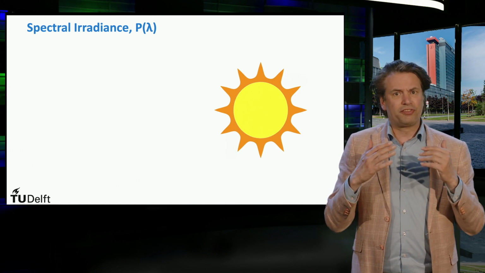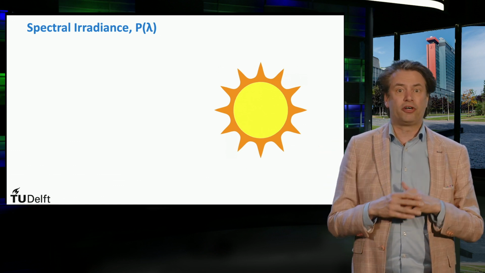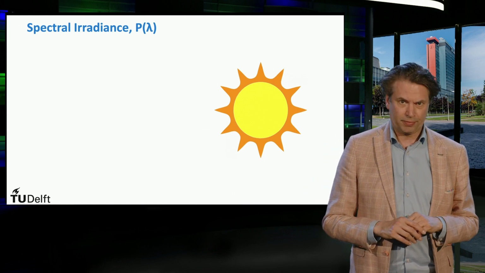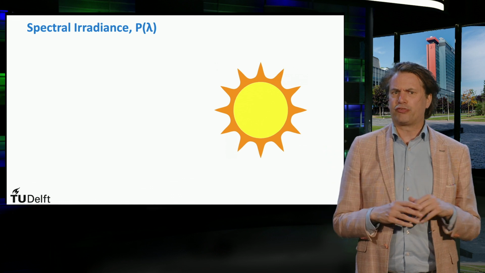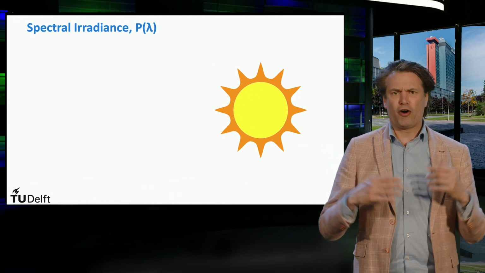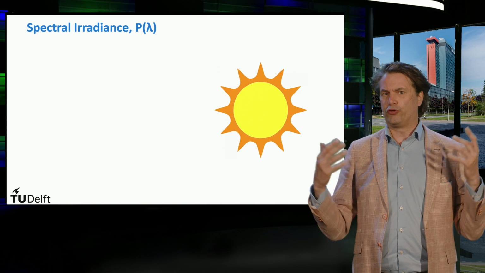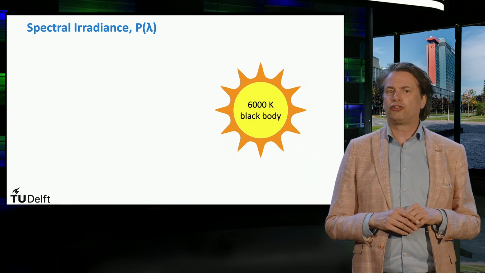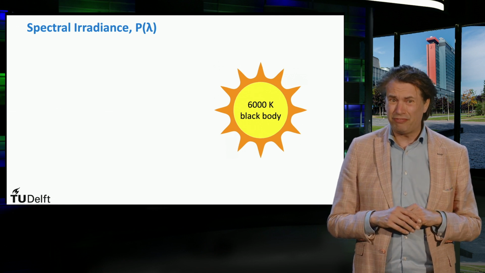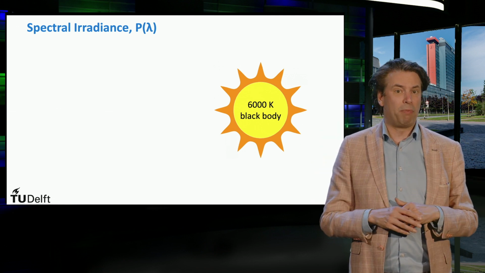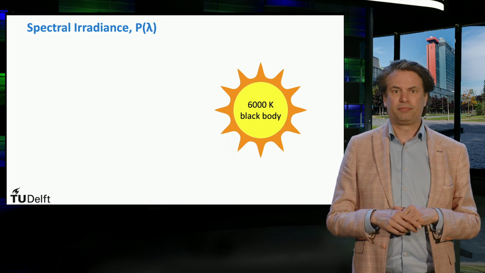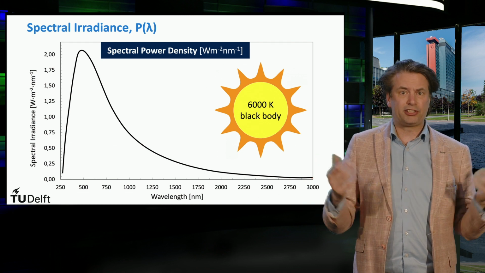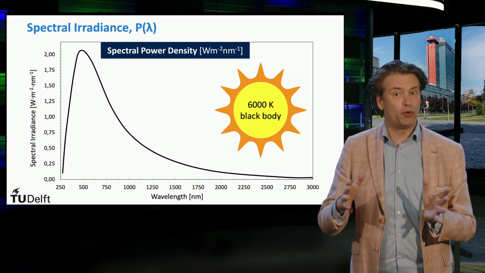It is continuously absorbed and re-emitted until it comes to the surface of the sun. That is called the photosphere. Here, part of the energy is released as spectral irradiance, forming the sun spectrum as discussed in the first part of this solar energy MOOC. The temperature of the sun's surface is about 6000 Kelvin, and it behaves quite perfectly as a black body at the same temperature. In this graph, you can see the spectral irradiance or spectral power density of a black body as function of the wavelength.